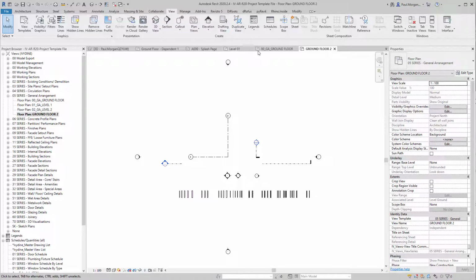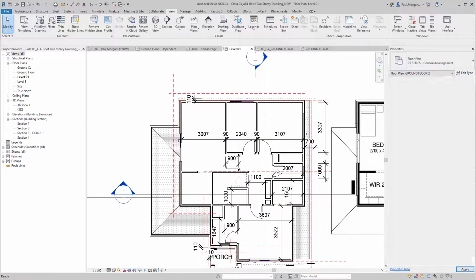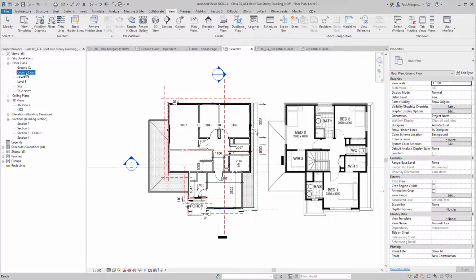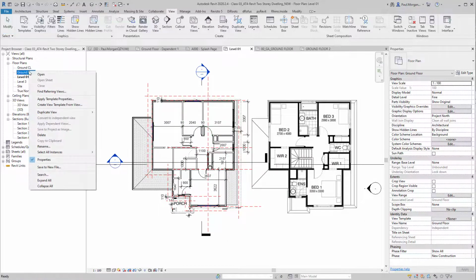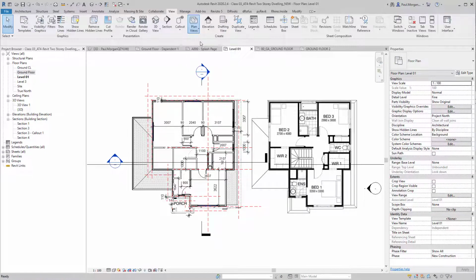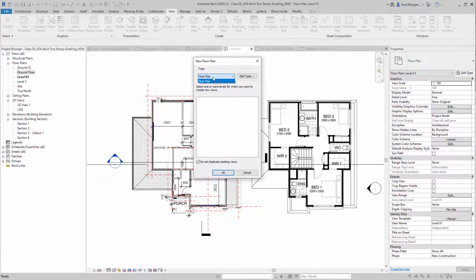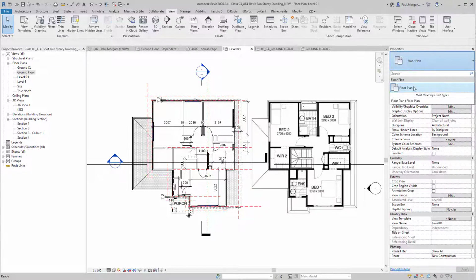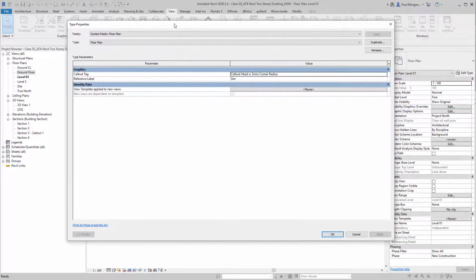So let's just go back to our project really quick. Okay, so here's our project, and we're going to simplify this, but at the very least, what we've been doing at the moment is we've been working in pretty messy views. So what I'm going to do is I'm going to go to our plans, I'm going to create a new floor plan, and at the moment you can see floor plan, there's only one type, because that's all there is. So in here, you can see there's one floor plan, and when I click on the type selector, there's only one. I can edit type, and then in this edit type, this is where all those view templates are really